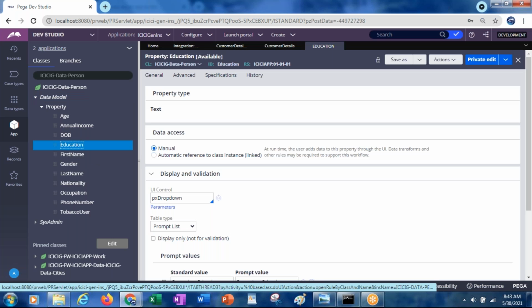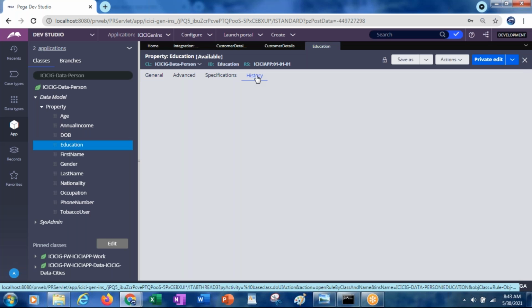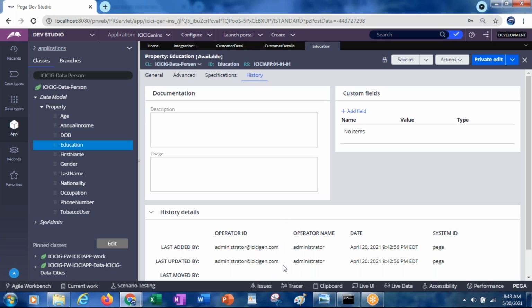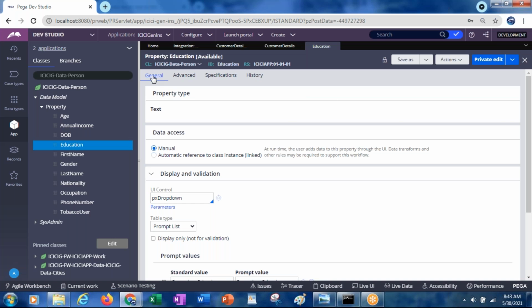So back for user, is it created by us? Otherwise, yeah, I think maybe while running the wizard, this has been created. Okay, anyway, let's create a new property here.